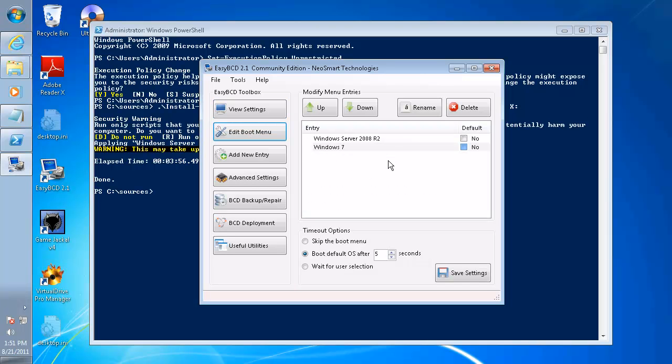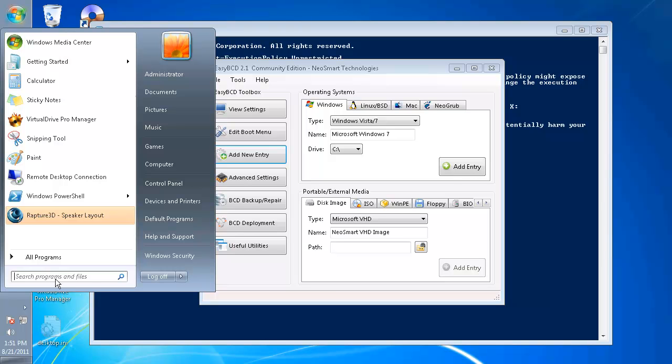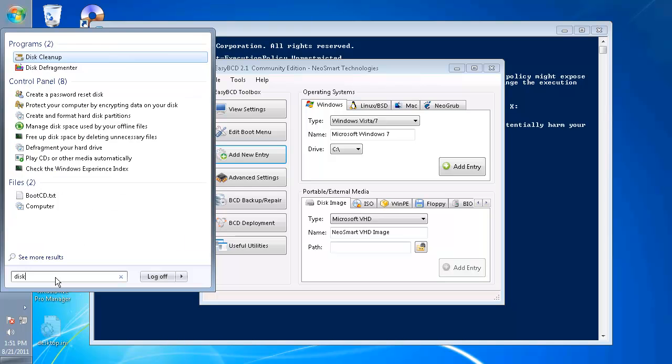As you can see, I already have 2 boot drives. This Windows 7 is also one of the boot options here. But now what I'll do is add another new boot entry. But hey, I just created the VHD image and it's still attached to the drive. What I need to do is detach it so that the VHD can be used here as a boot option. So we'll again go to